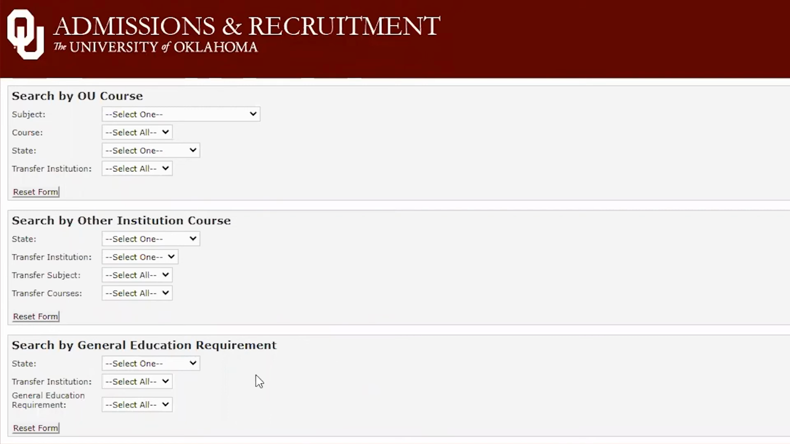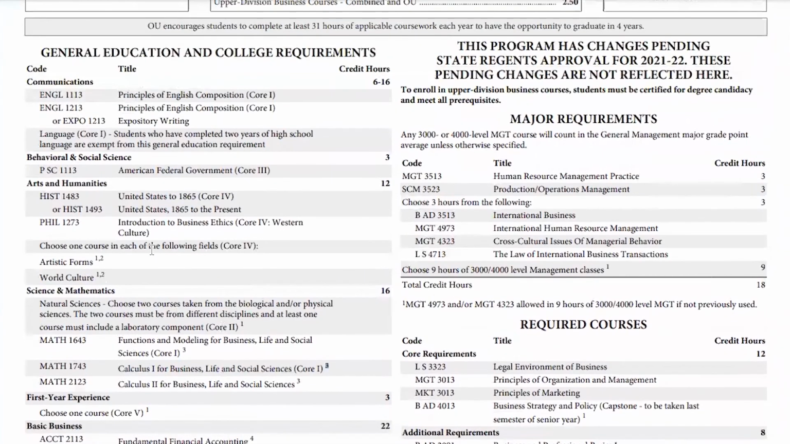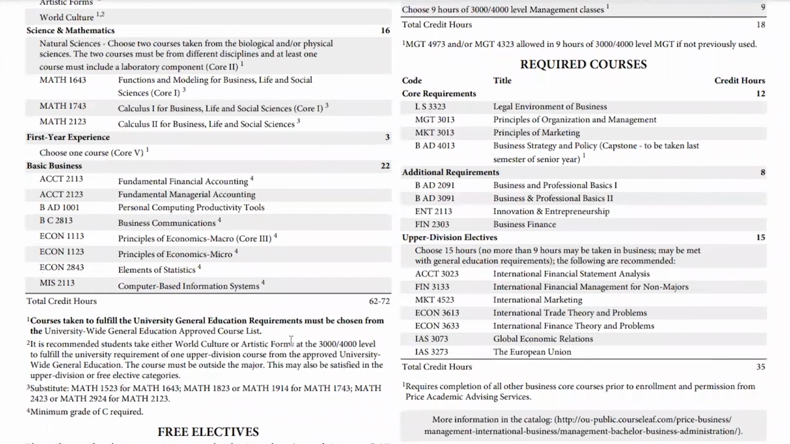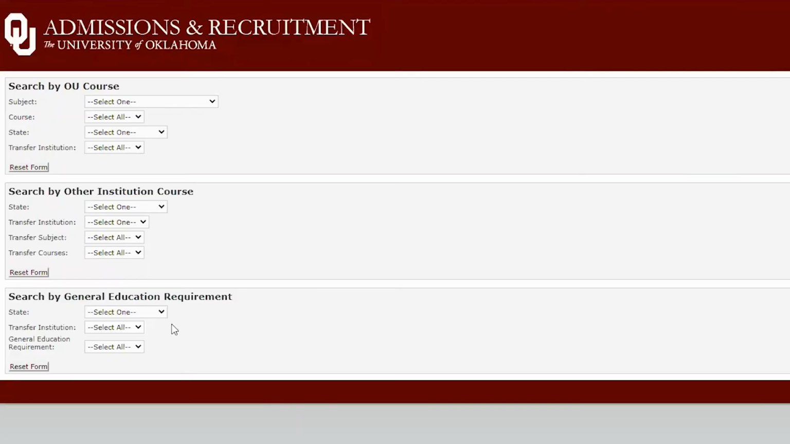Okay, so the last thing you can search is Gen Ed requirements. So some of these won't list specific classes. So for instance, for this business major, you need to take artistic forms, but it doesn't say any specific class. And if we go down to the footnotes, it says you must choose any class from the university-wide general education approved list. There is a list in a PDF that you can find on our website, but you don't really need to look up the list. You can just use the transfer equivalency database. So let's